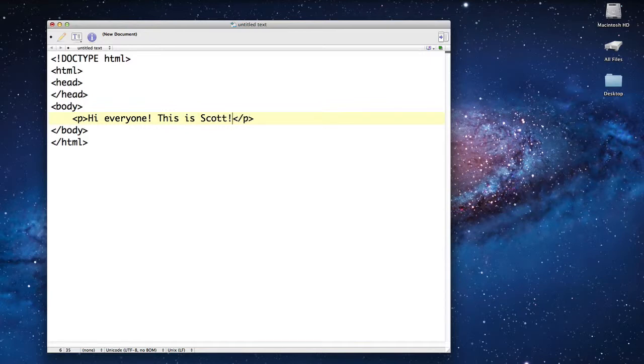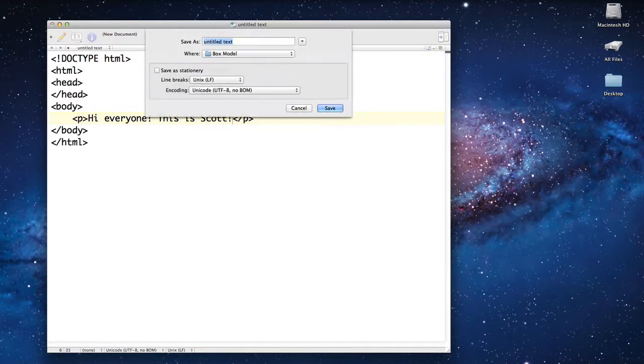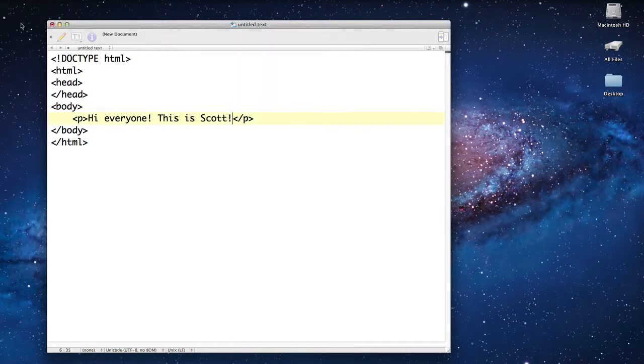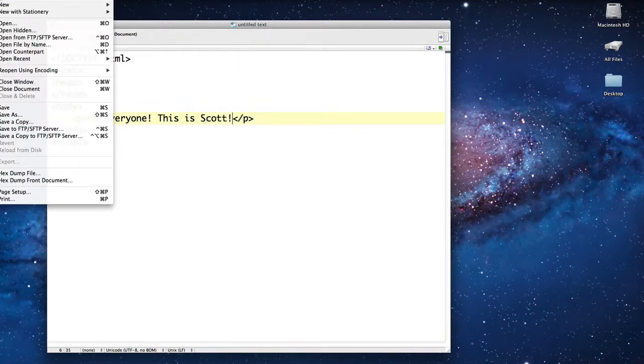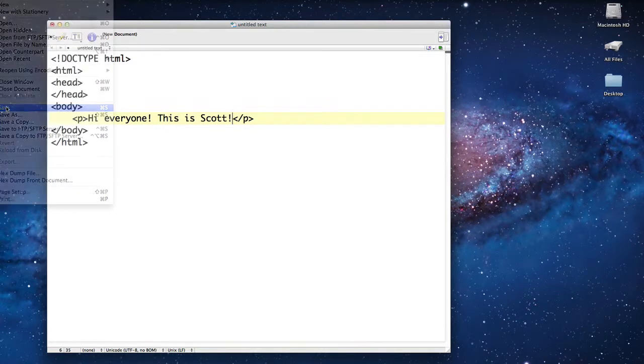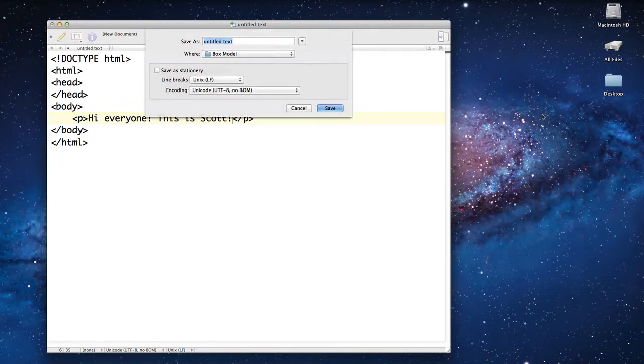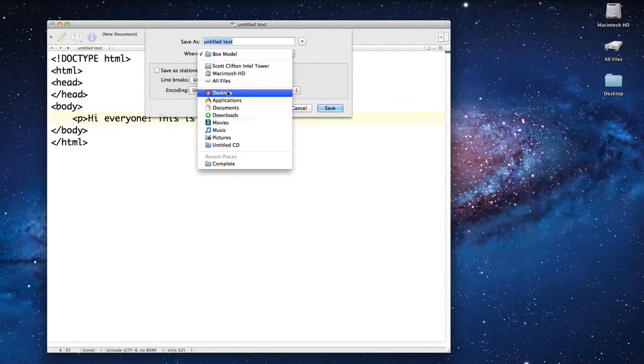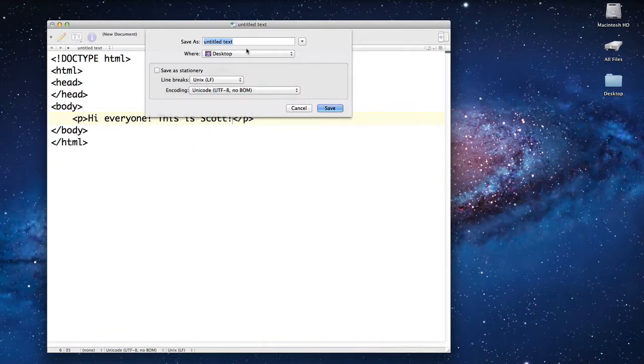And I'll hit save, which is Command S, or you can go up to the bar at the top and say File, Save As, or Save. First time it's going to save as anyway, and I'm just going to put it on the desktop right now, not in the desktop folder, but just the desktop itself. So desktop, and I'm going to say